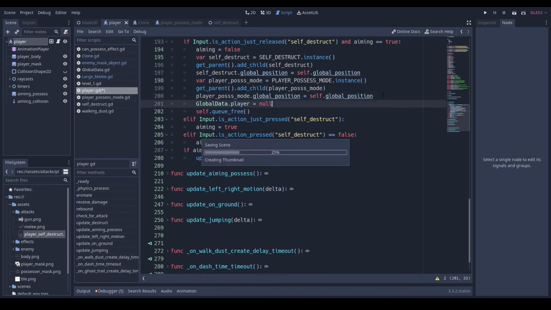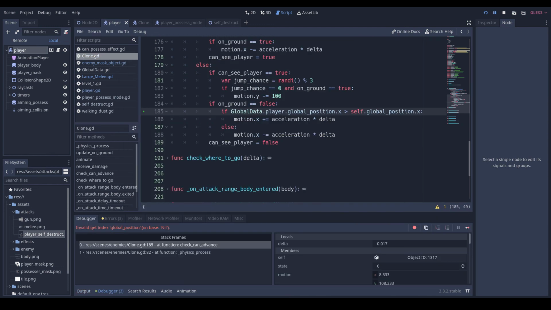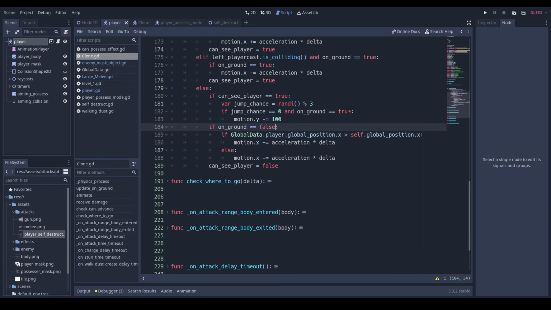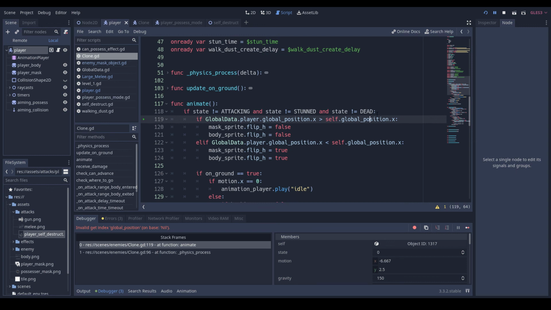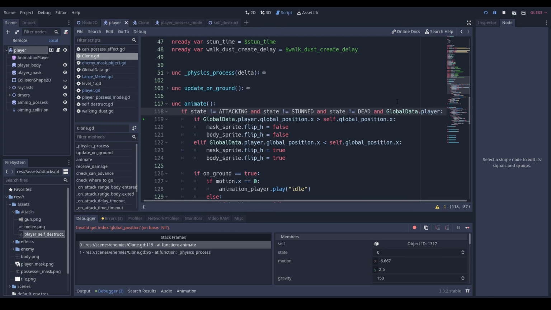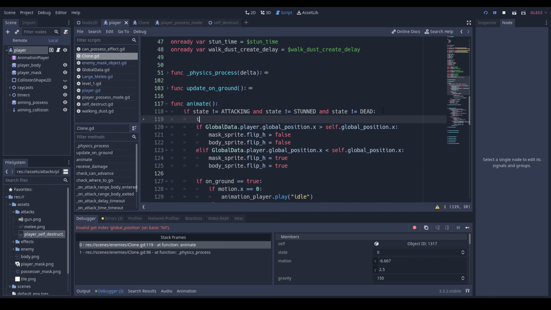Yeah, I'm just gonna add that here. Okay, so I don't check if player is equal to null, and global data dot player is not equal to null. I need a couple of these. Actually, I'm gonna put this right here. If global data dot player is not equal to null,